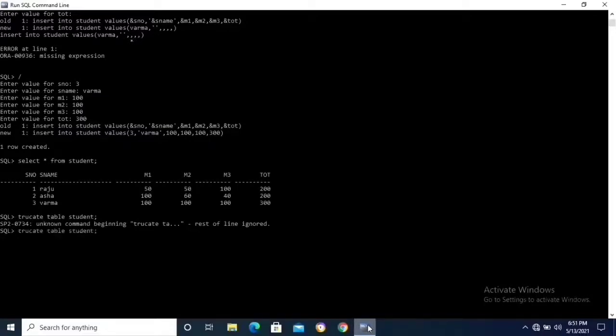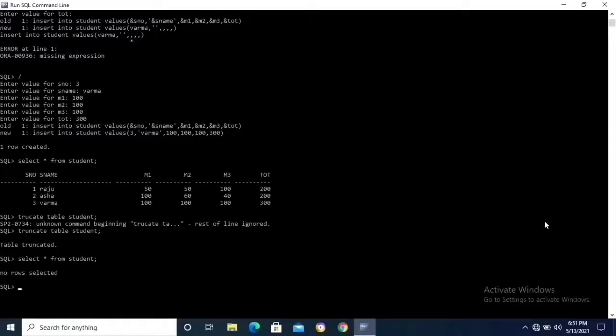Truncate spelling is wrong: T-R-U-N-C-A-T-E, truncate. Enter. Table truncated. That means data is deleted. Open the table. Select star from student. Semicolon. Enter. No rows selected because data is deleted.